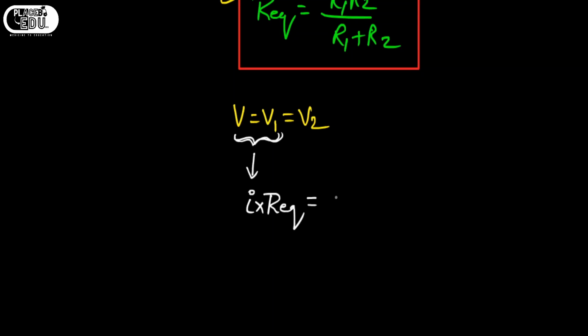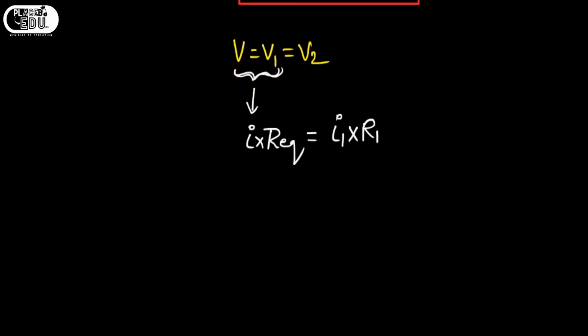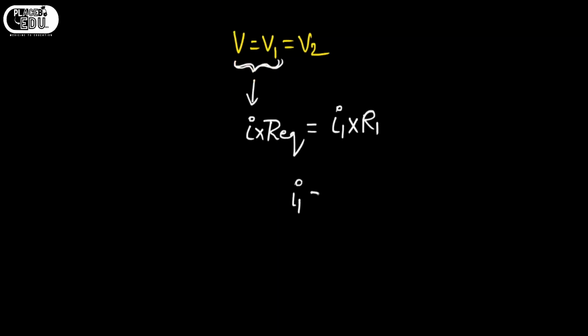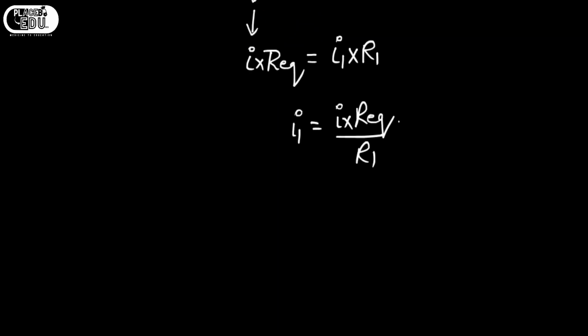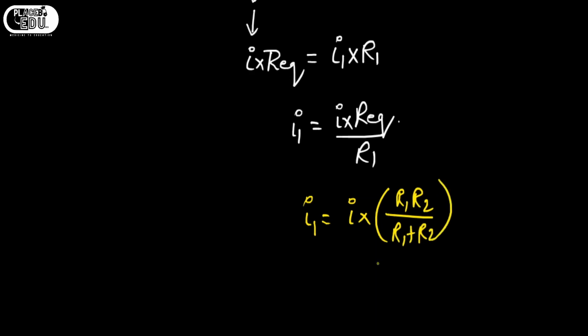And V1 is equal to I1 into R1, right? So I1 will be I into R equivalent by R1. Understood? And I derived what is R equivalent, that is I into R1 R2 by R1 plus R2